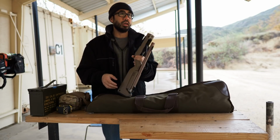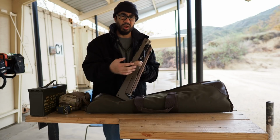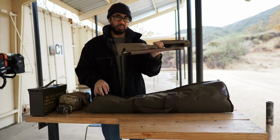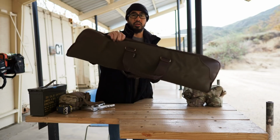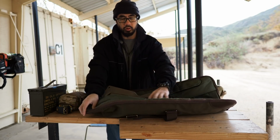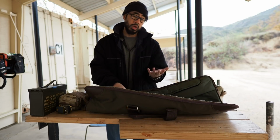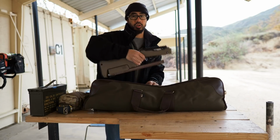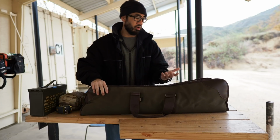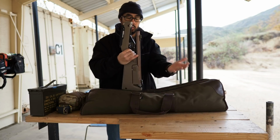So I'm looking at a bag, and obviously Ruger has their own bag, but they're kind of expensive if you try to get them on the private party, or just from buying them used or secondhand from somebody. So I'm actually in the market for something. This Uncle Mike's bag is actually designed for shotguns, over-unders. It has little pockets here for over-unders, and I actually use this for upper receivers, for ARs, to store them. But I use this right now just to take this to the range in a soft case. This would be good if Uncle Mike sells one that's smaller or shorter. This actually fits pretty well. But anyway,